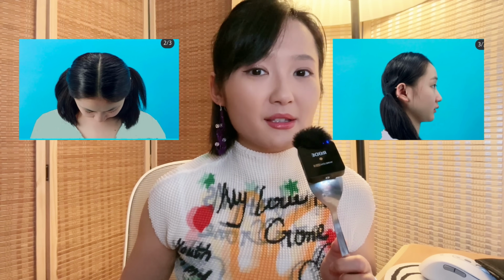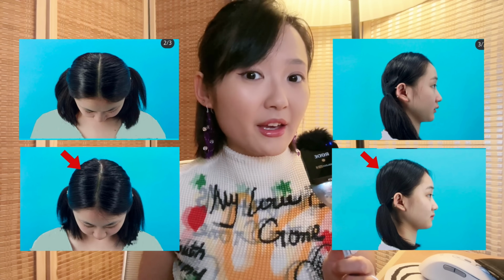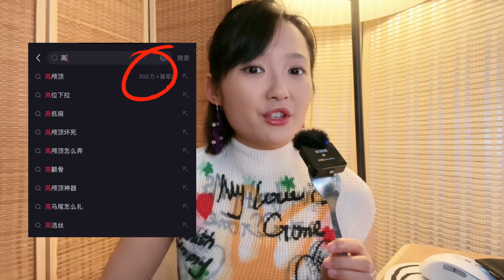Look at these two peaks. This is what a normal cranial top looks like. And here's what it looks like after augmentation surgery. Surgeons will straight up tell you that a higher cranial top makes your head-to-face ratio more balanced and it will look more refined. Now, if you search high cranial top on the Chinese app, you'll find over 30,000 discussions